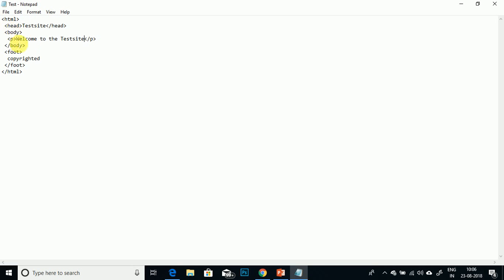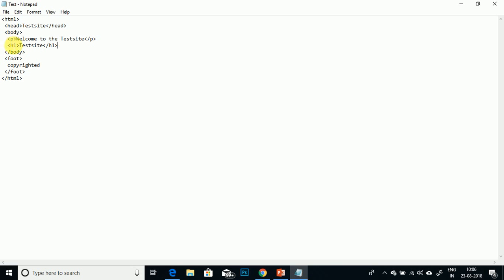The paragraph tag is the child of the parent tag, the body. Now if inside the body I introduce another tag, suppose a heading tag h1, here I will write test site, then I will close the heading tag.